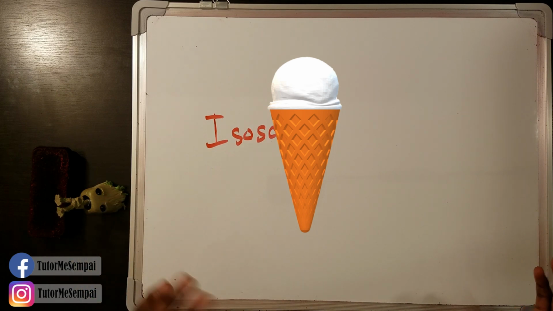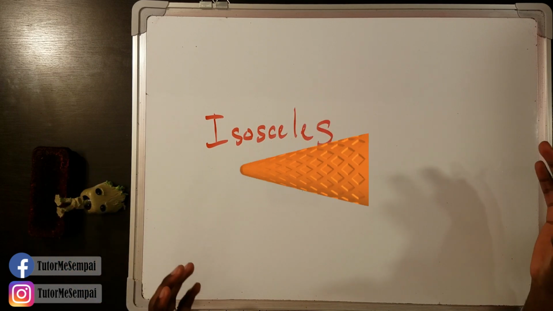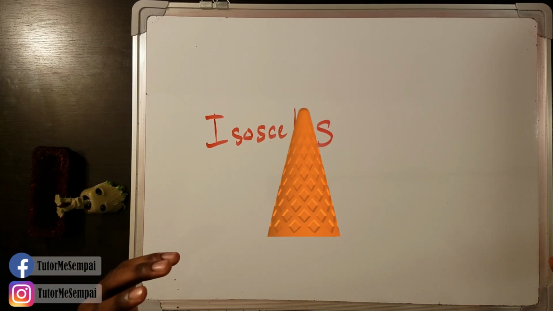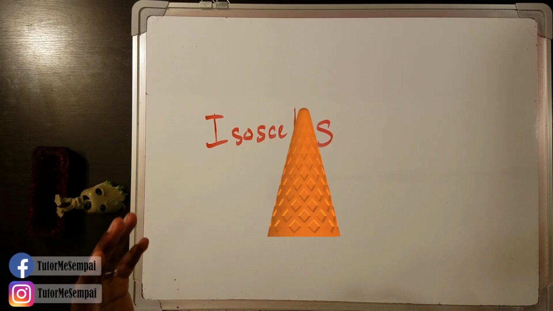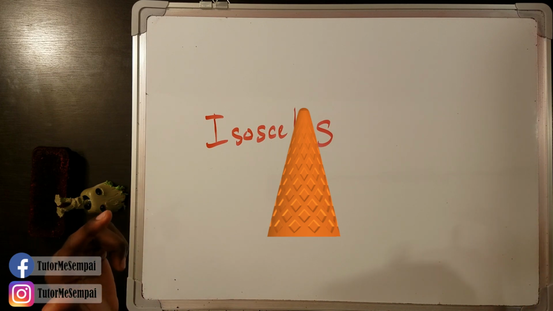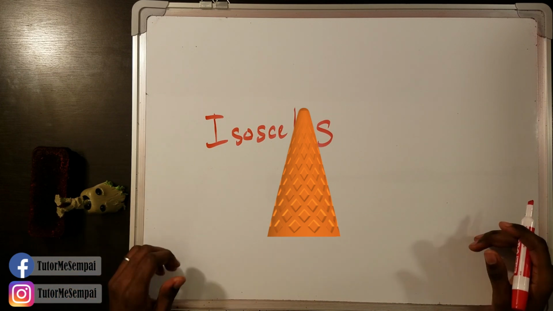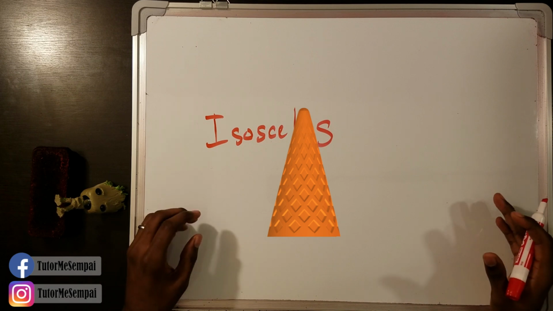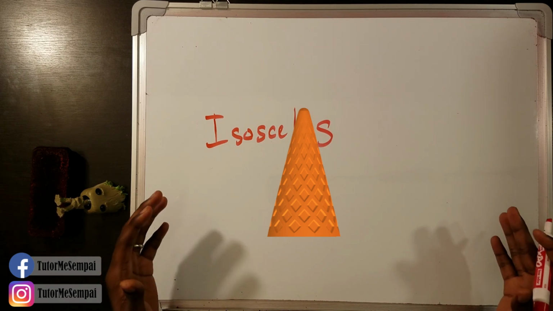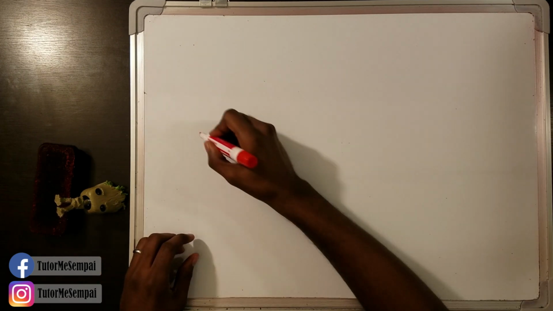If we just remove the top and then rotate it a little bit, we have this isosceles triangle with 2 equal sides and one that's not. So isosceles triangles tend to look like ice cream cones. So our last triangle,